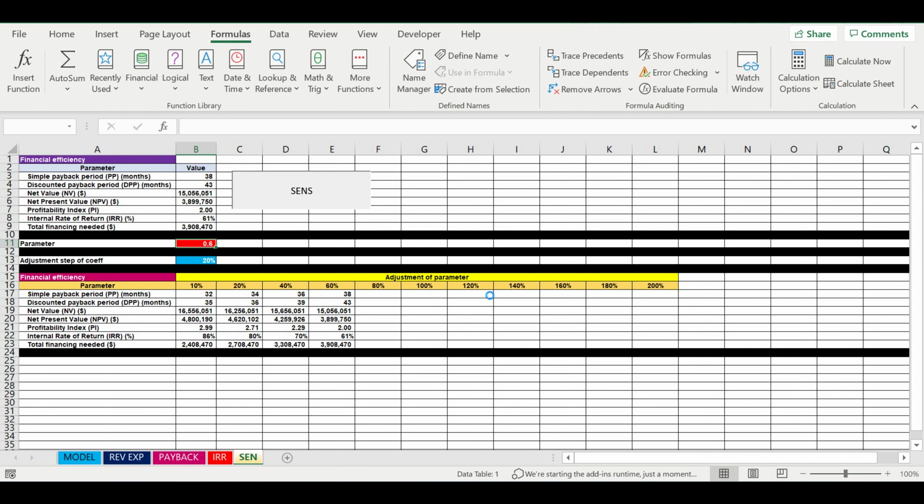Or for example, if the investment will grow, what will be the financial efficiency. So Microsoft Excel will test the financial efficiency if the amount of investment grows or decreases, and we'll be able to quickly see it. So we just have to wait until it tests the influence of increasing or decreasing investment on our model. Then we can